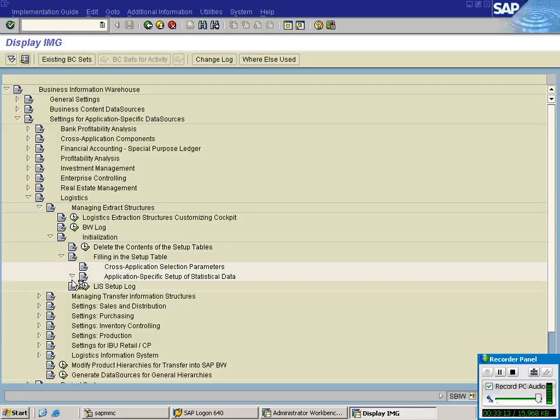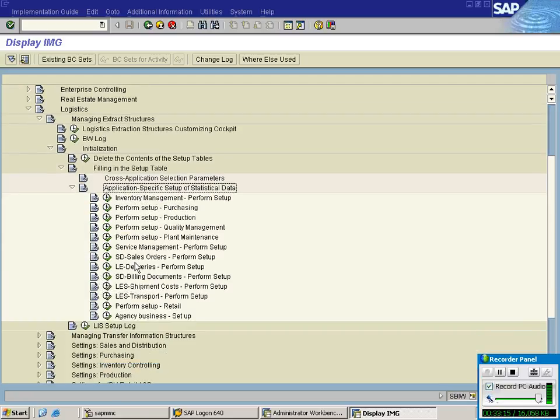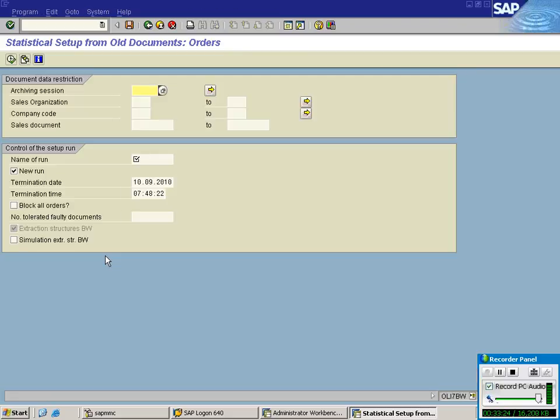Application specific. What's your application? Execute. Give the name of the run.